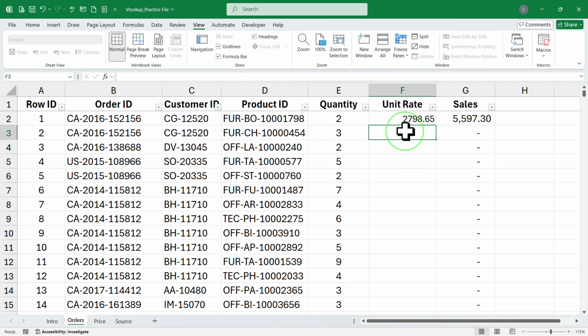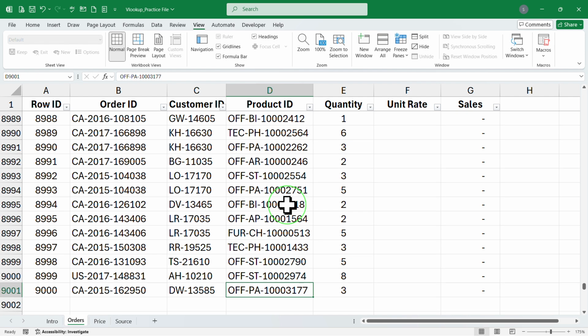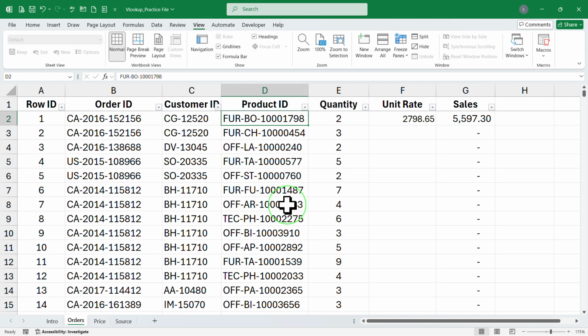This is how the VLOOKUP formula is going to work, but the power of the VLOOKUP formula is that you need not do this action repeatedly for all these long lists a number of times, otherwise you will waste a lot of time. You can do it once and then you can copy that formula for all other entries. So let us start. First we go to the VLOOKUP formula,